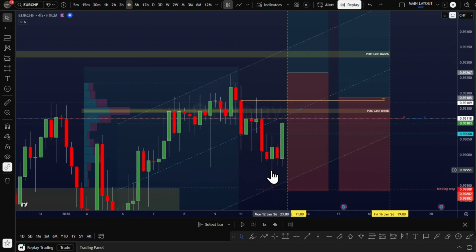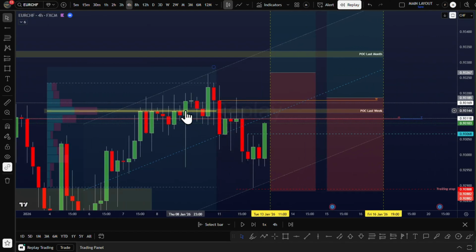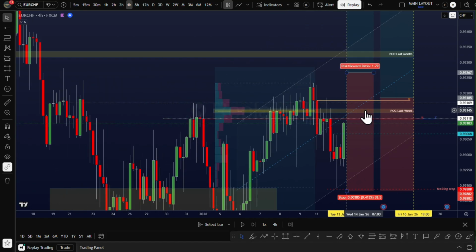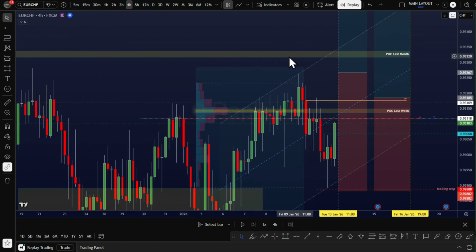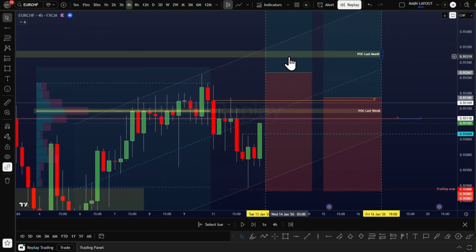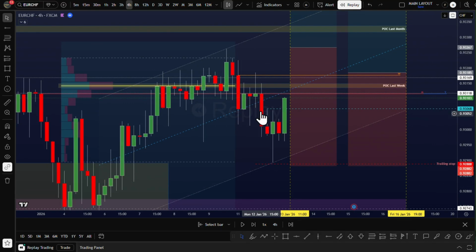When I zoom in, I identify my point of control from the last week. It's an important zone. By the way, I also marked up the point of control from the last month, which would be a nice zone to keep an eye on. So when price reaches there,